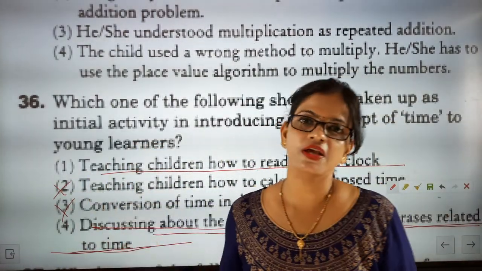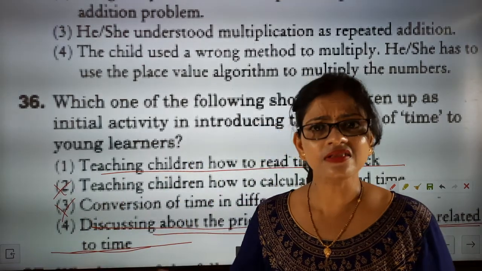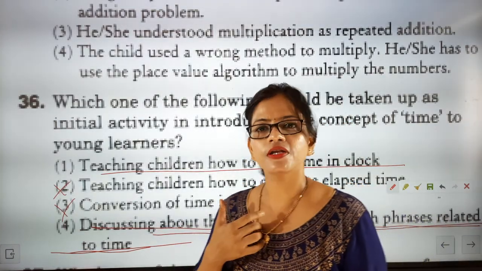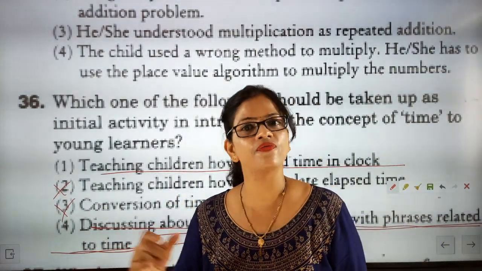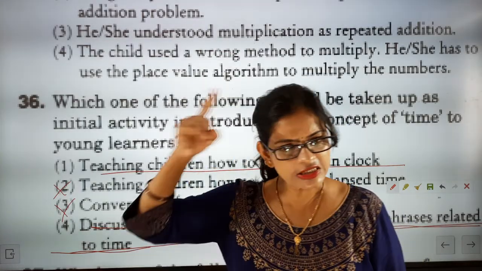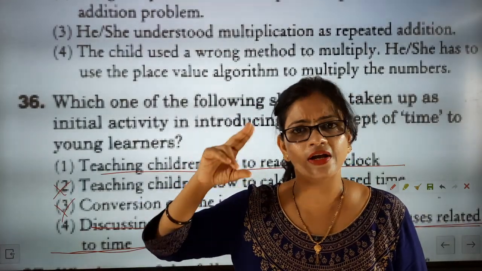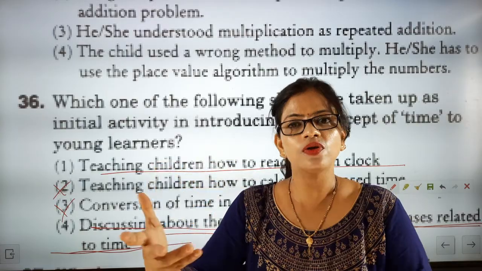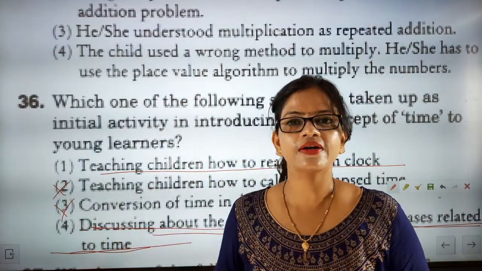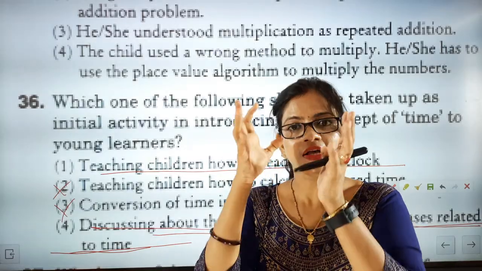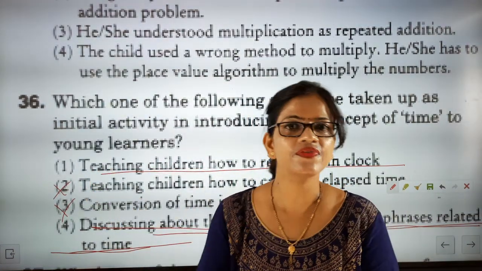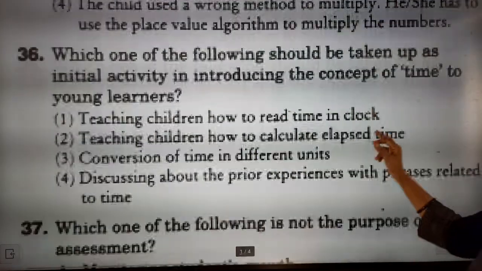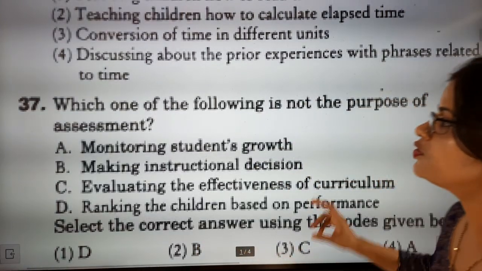Then 10 past 3. Okay, 10 past 3 is what? 3:10. Then they will tell you school overtime is 3:10. So these contents will be running in the child's brain again and again. And then when you show them a clock, you will see one thing: whatever came in the brain as a statement will get a picture, and then the child will learn nicely. So the correct answer will be the fourth option. Okay, pedagogy means a total confusion part will be there, so you have to learn to come out of it.